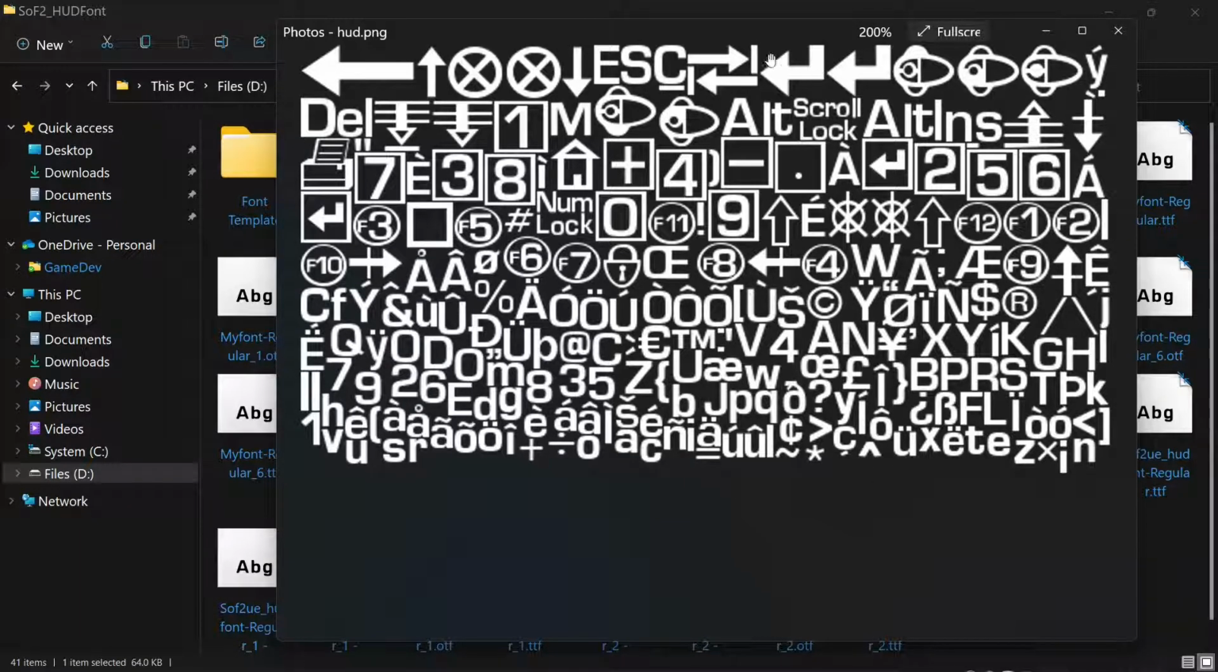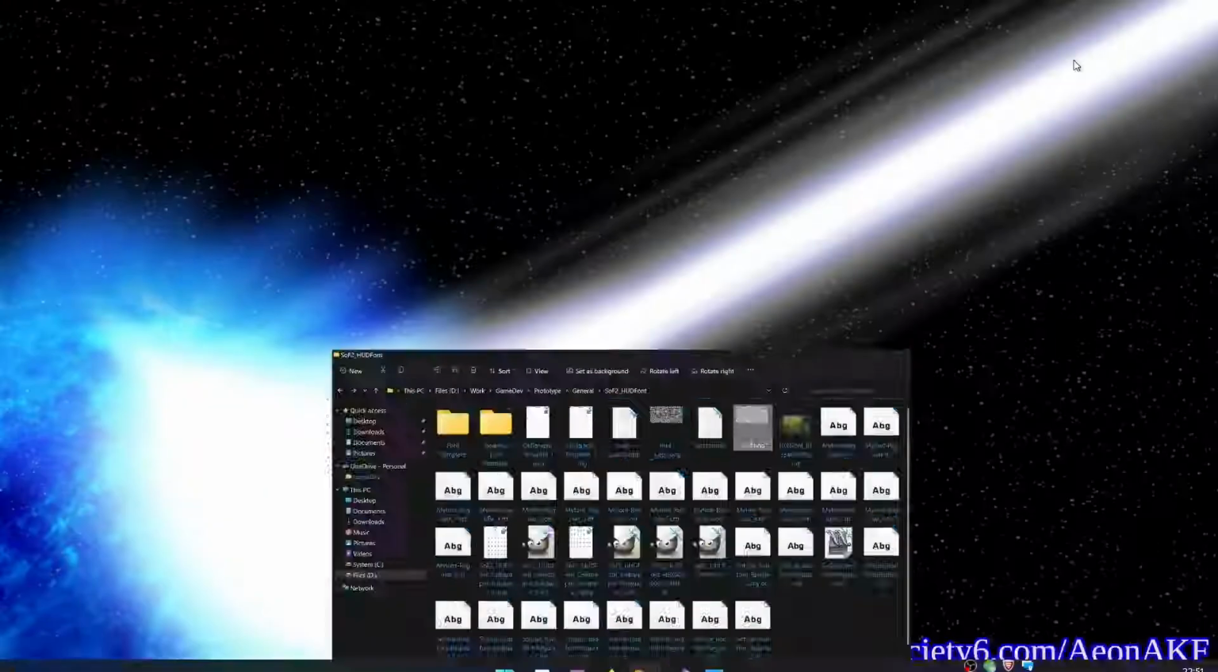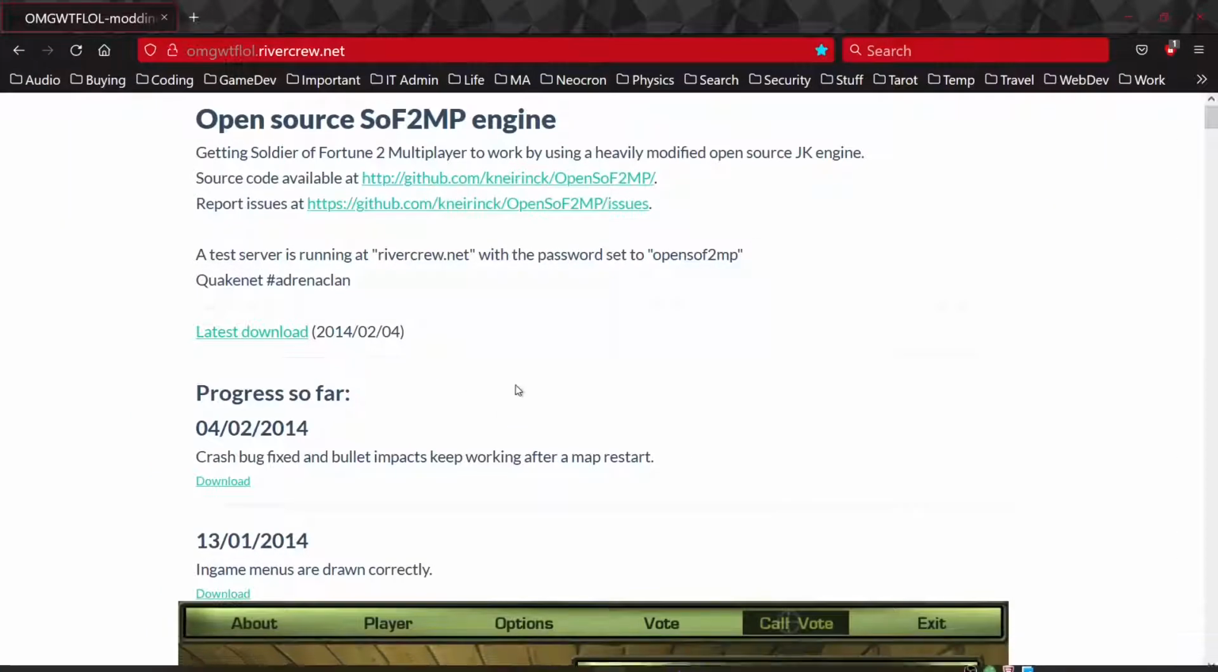So I eventually looked at this and I thought, am I going to have to write code that picks out each character and creates a font? I thought, that's going to be tough. That's going to be quite tough. But I found this guy online. What is it? OMGWTFLOL.rivercrew.net, and he's created something called